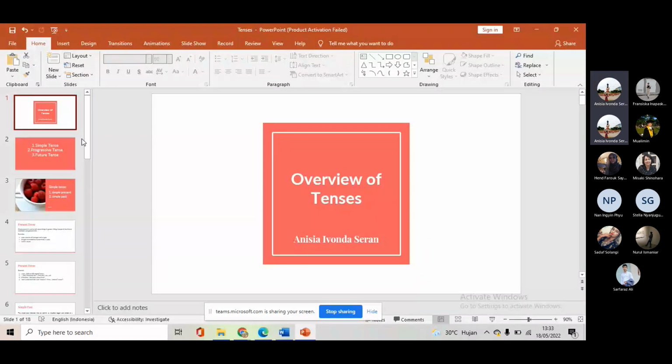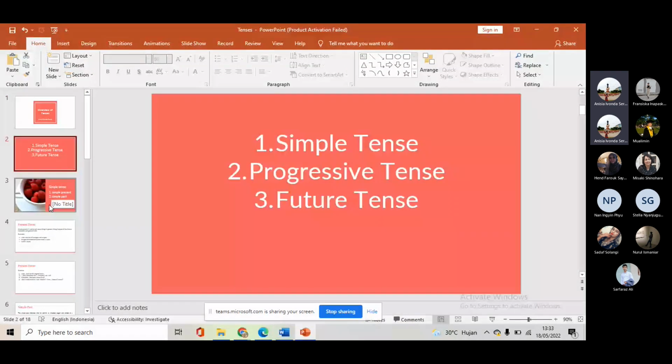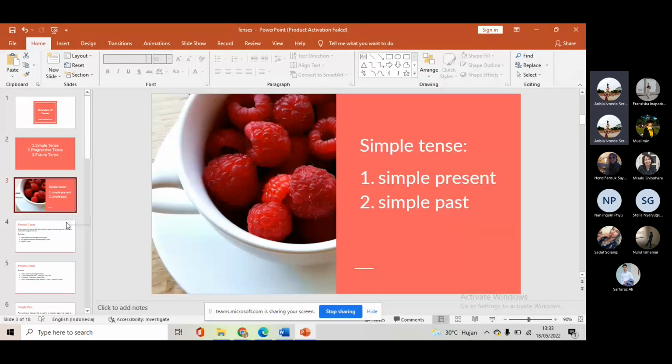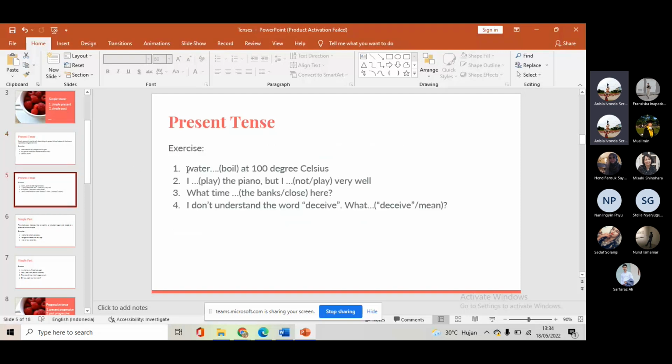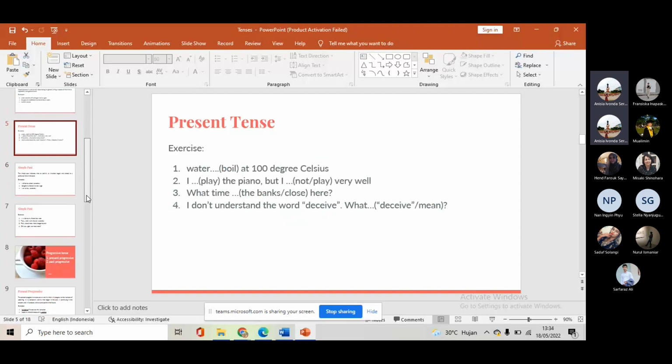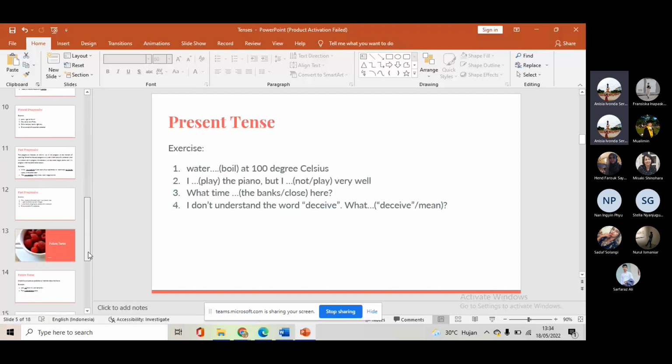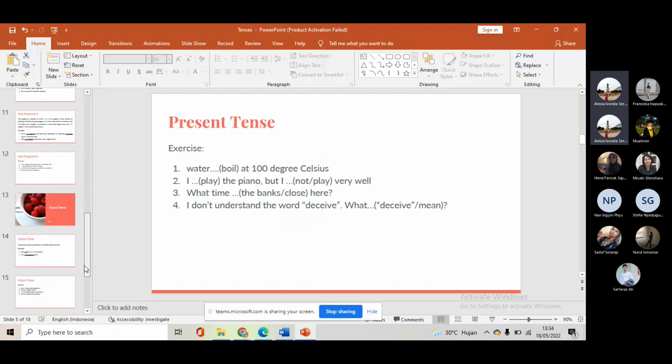Simple tense, and also in simple tense we have simple present and simple past. So first I will give what is the present tense, and then give examples, and then the exercise that will be done by them, and it goes the same for the rest. And at the end of the meeting, there will be